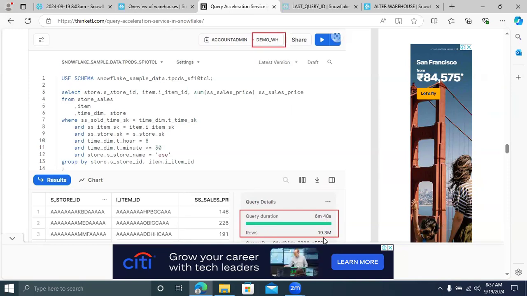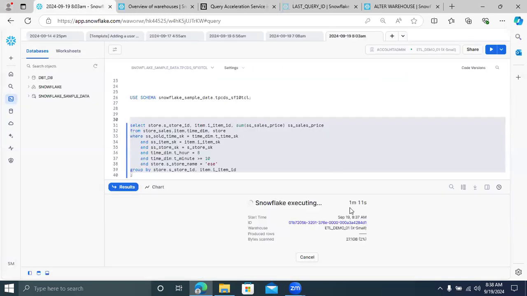The data is distributed in various storage layers, and all the data is in micro-partitions. That's why it takes 6 minutes 48 seconds as per the pictorial view. Definitely it will take that long. Now it has crossed 1 minute 13 seconds. It will run for more than 5 minutes. You can see how many bytes were scanned now.